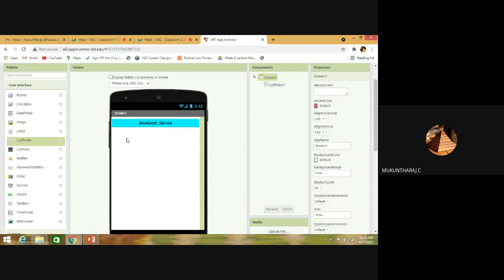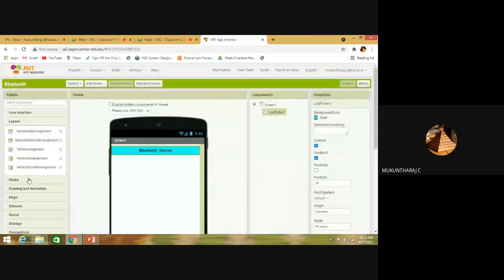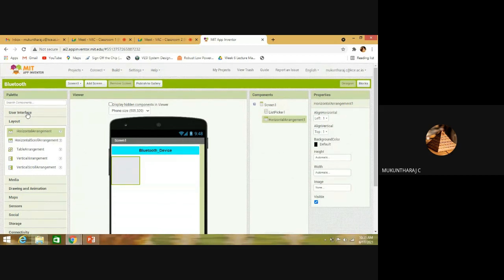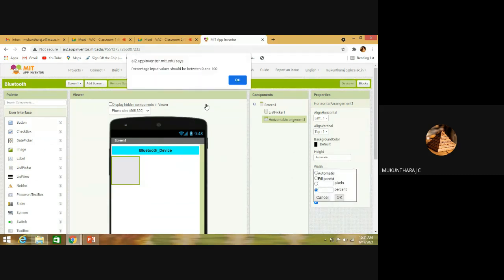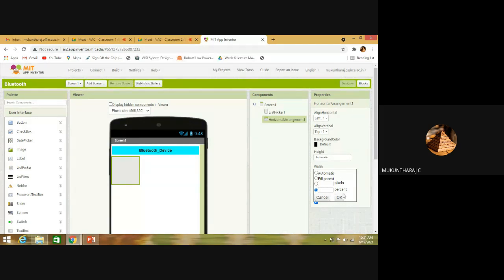Right, so it is going to give me the list of Bluetooth devices. Okay, and then we must go to horizontal arrangement, so that we are going to pick two buttons. Before that, we must fill this. Oh, I'm sorry. I have clicked a percentage and not giving any inputs, right? So it must be fill parent.